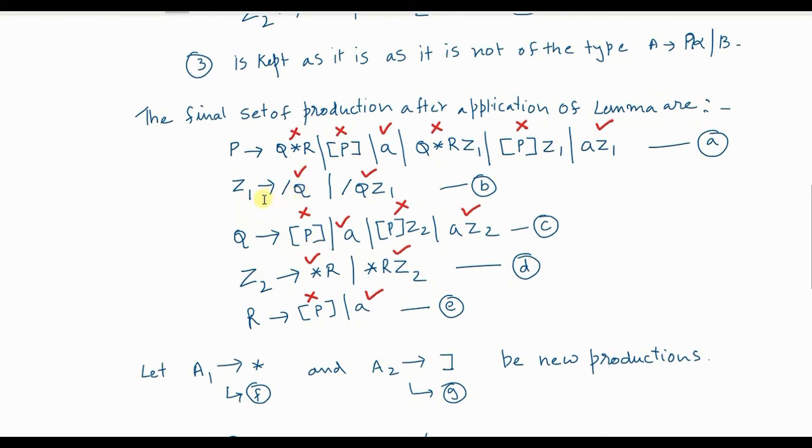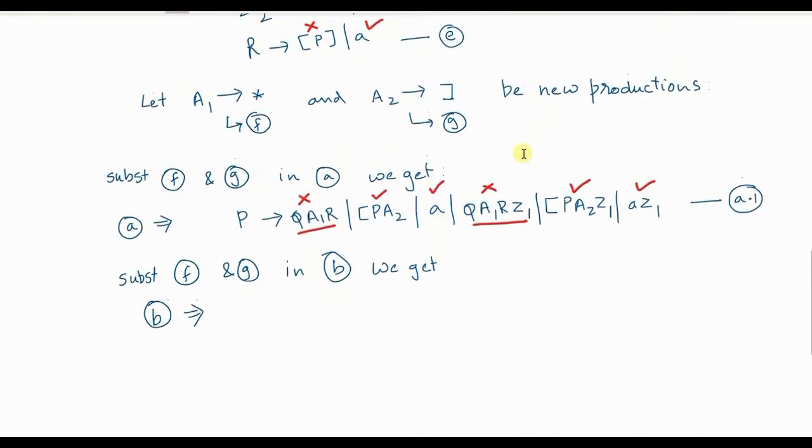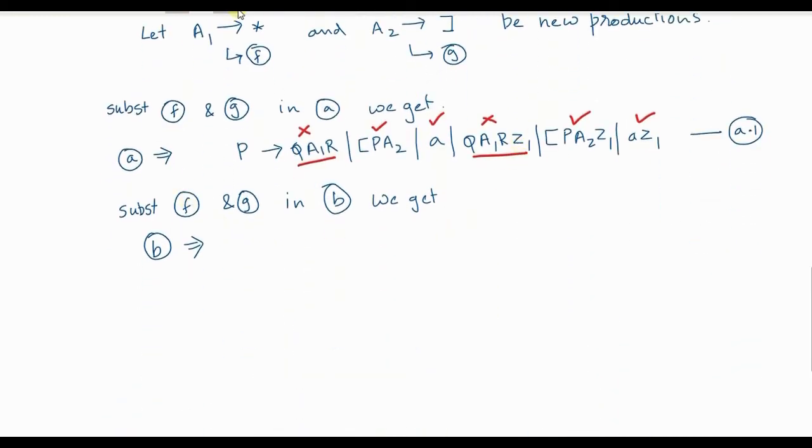I think in B both the terms are already in GNF, so you will not replace them in B. Whereas replacement is required in production C, because here this term and this term are still not in GNF. So instead of B, I will say C. So substituting F and G not in B, because B is already in GNF, but in C, we get